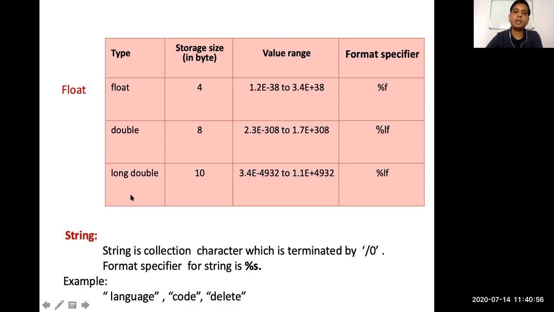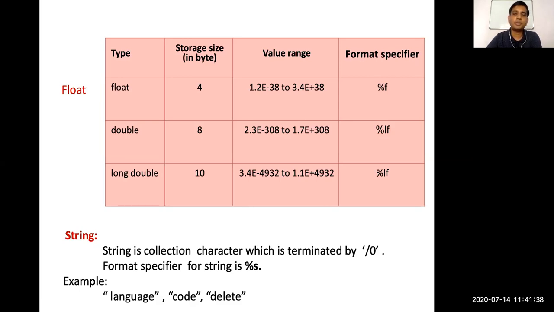Now next one is long double. Always remember the long double has a size of 10 bytes. Students always make mistakes here: float 4 bytes, double 8 bytes, and long double 16 bytes. Here long double has a size of only 10 bytes, and you can check the range. Its maximum value is 10 raised to 4932, so on 1 there are 4,932 zeros. This much big number we can store in a long double.